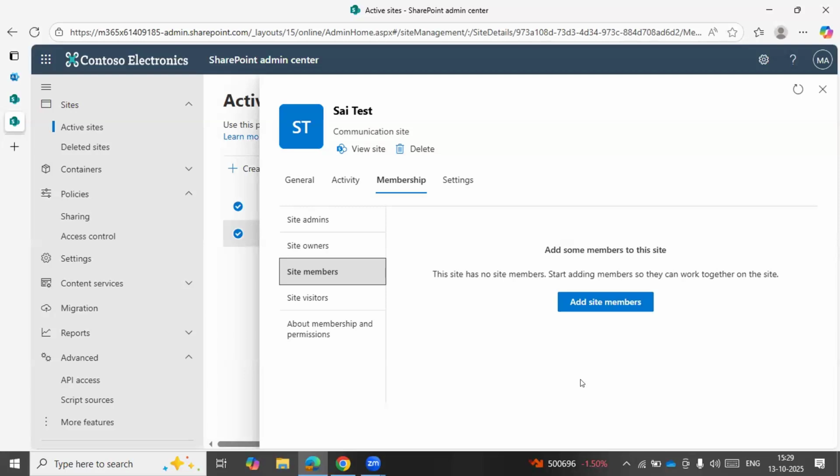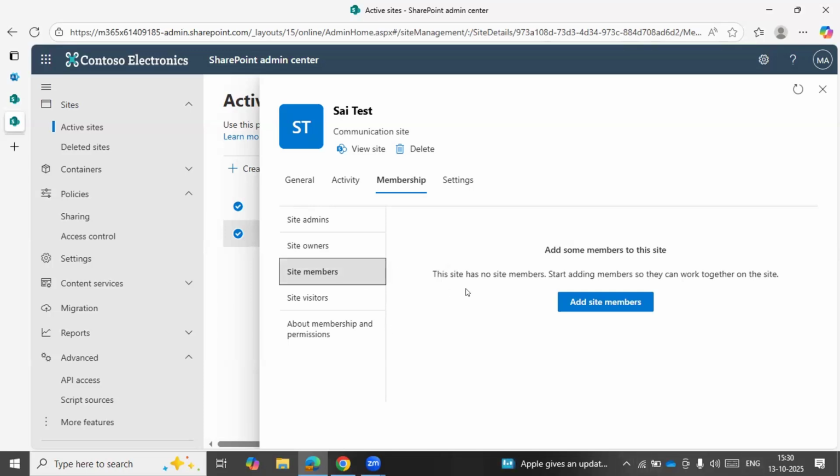Not sure on that part. I don't think it will come under members. I need to check that out. I will go ahead and check it and I'll share it with you in the next class. As per my understanding, it will give him the edit permission, not the members. We are not adding the user to the members part. It will give a separate permission to the user on this particular site. So what I have observed is like,